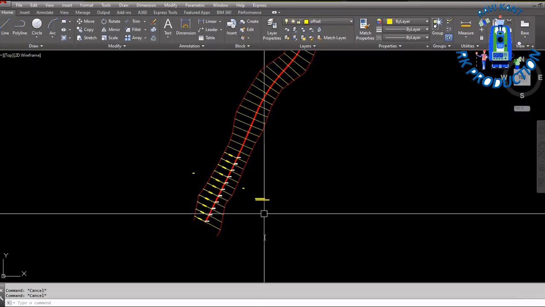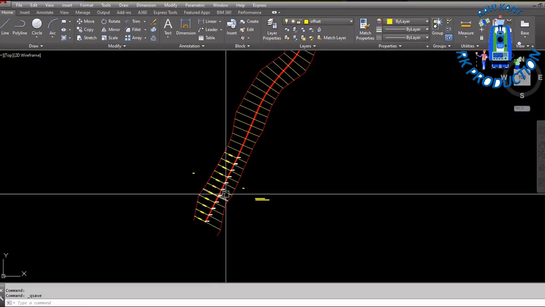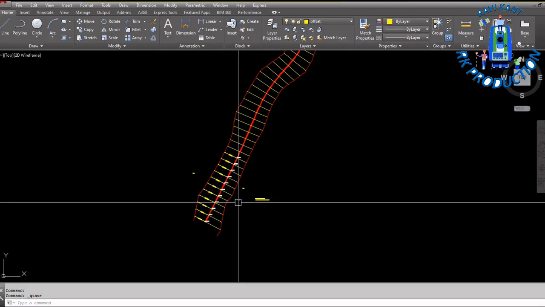Okay, so now use the Lisp file named DIMEXP. This Lisp file is used to export dimension text to Excel. Now I will load this file. For this use the appload command. This is used for loading a Lisp application.